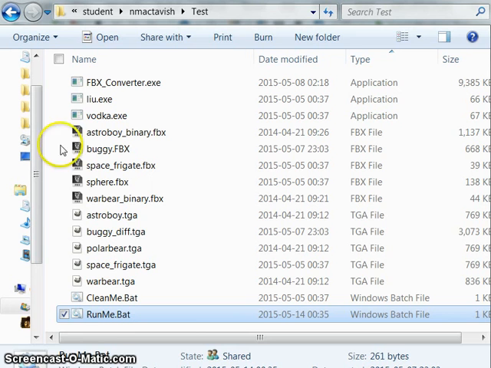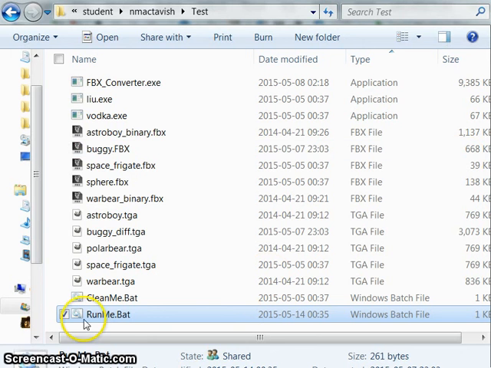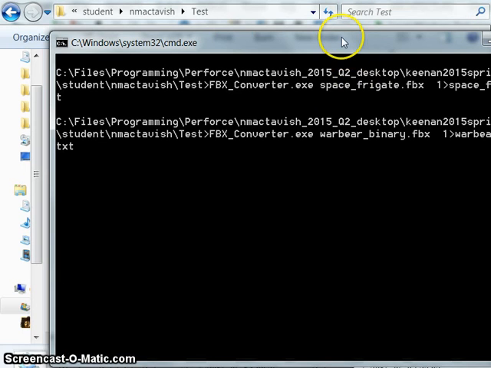Now I've got a batch file here. Let's take a look at that, which runs the command line commands to convert each of the FBX files in this directory into an archive, but also a text file. The text file is just the text output generated by the process. So I'm going to run the batch file,